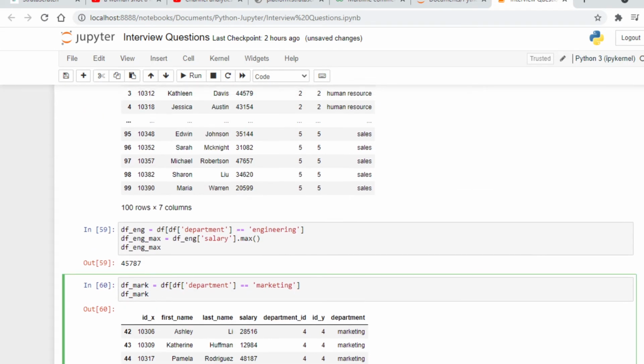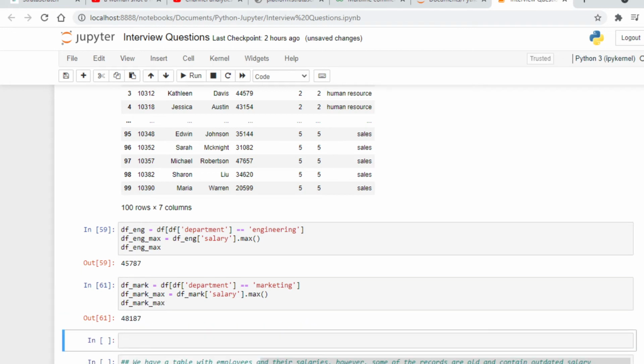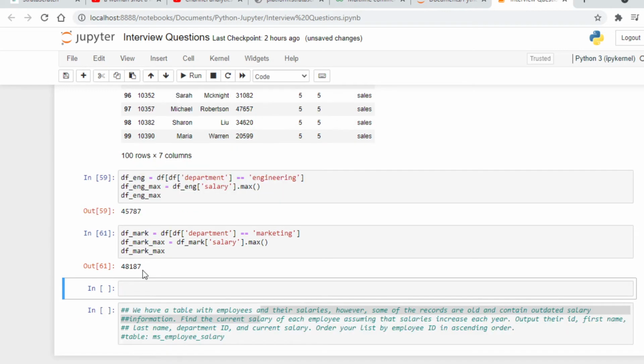So DF marketing max equal to DF marketing salary dot max. So now we have found the max salary from this data where our department is equal to marketing. So we'll run this code. So as you can see, now the maximum salary where department is equal to marketing is 48,187.